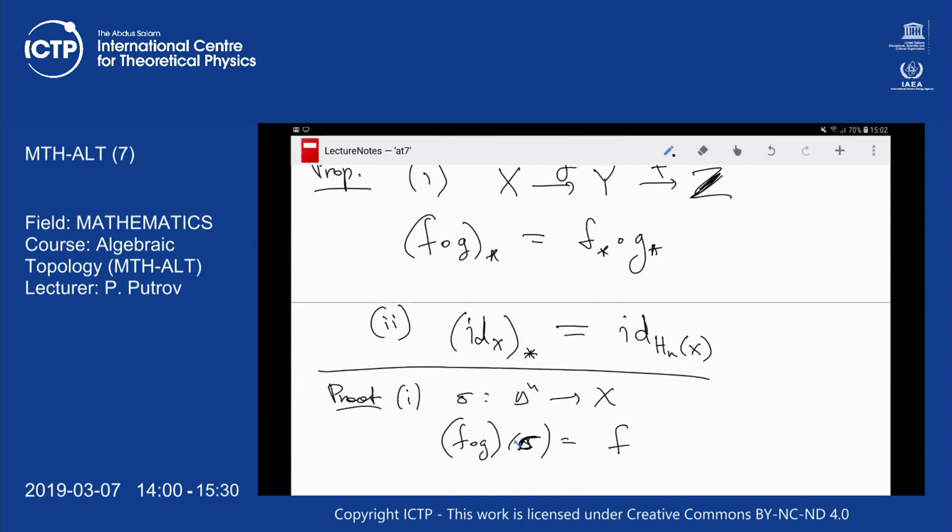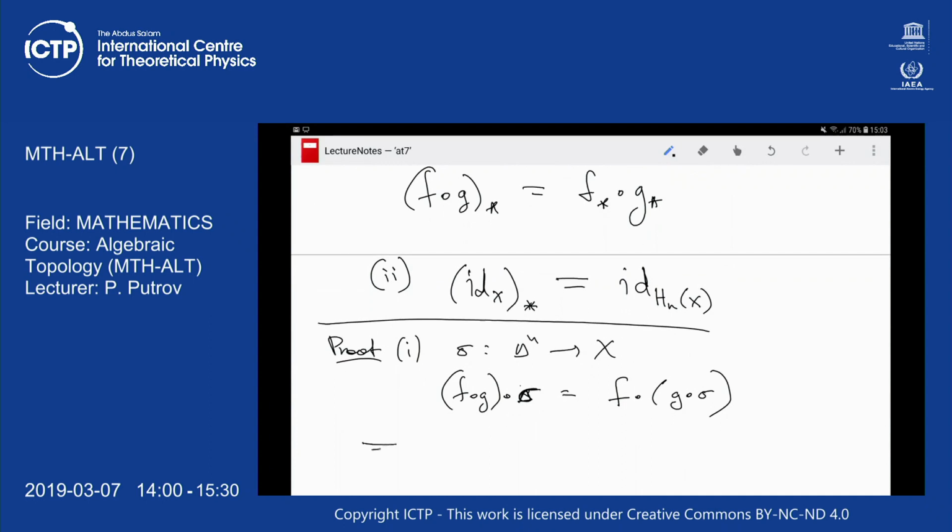What I mean is we can do the composition in this order instead, right? And then from the definition of the induced map,